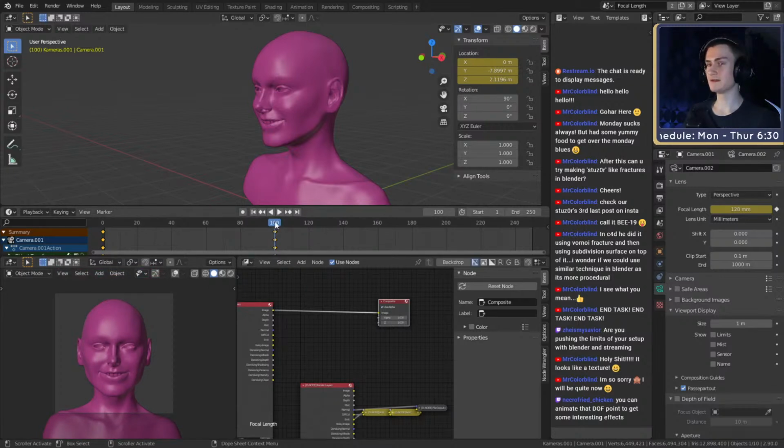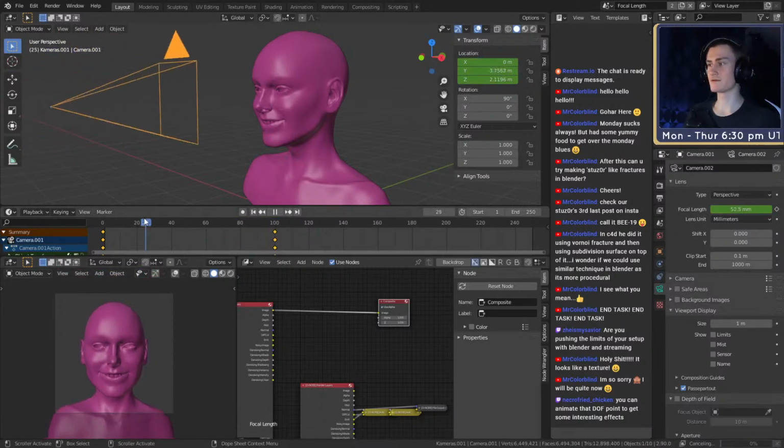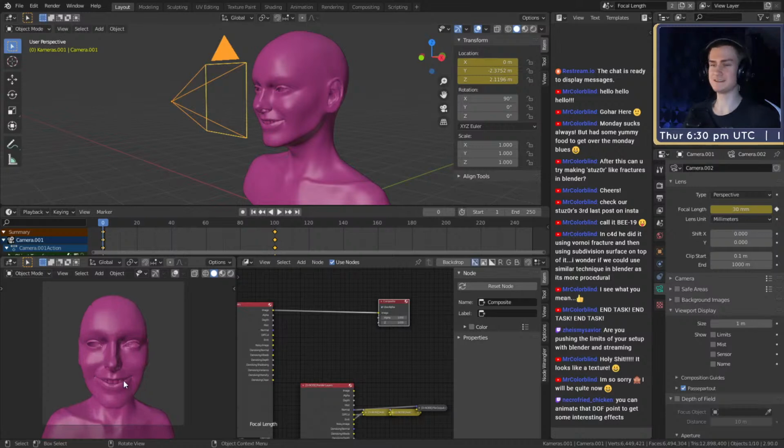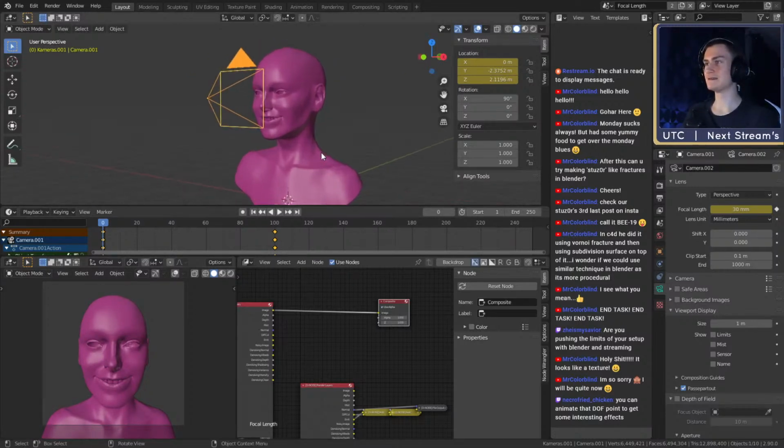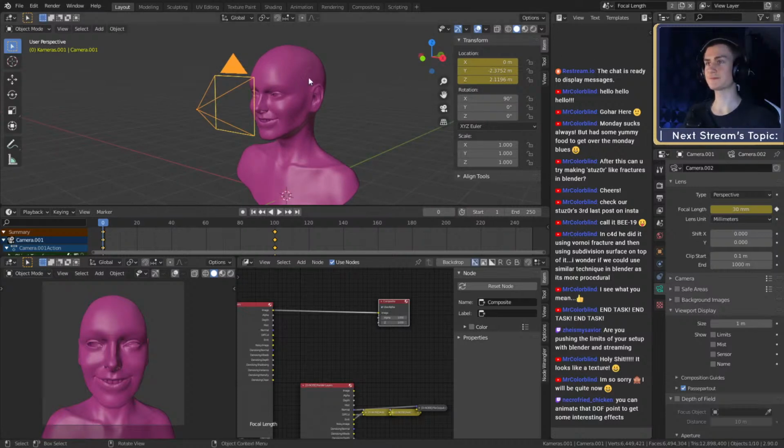But then if you have an image that has a focal length of 30, which is quite drastic, you can't even see the ears anymore. So always keep that in mind if you use reference and when you frame your character. And the last tip I have already shown you, which is different scenes.